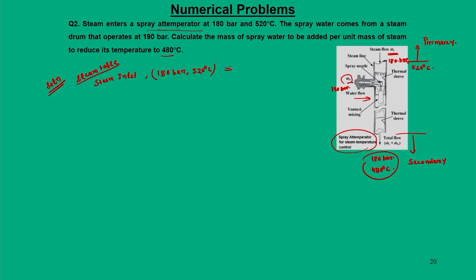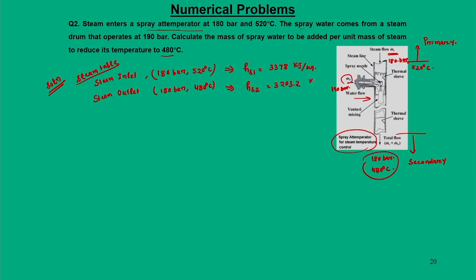So, this will give you HS1 as 3378 kilojoule per kg, steam outlet, that is 180 bar and 480 degree centigrade. So, this will give you HS2 requirement as